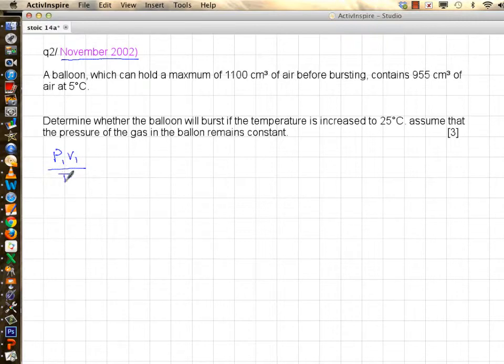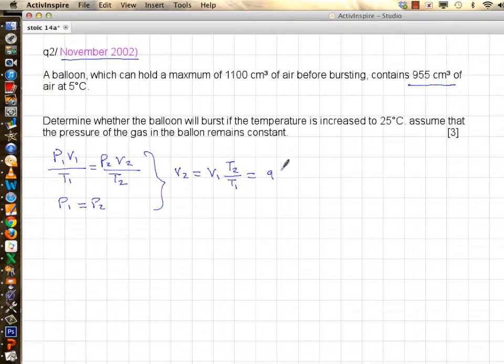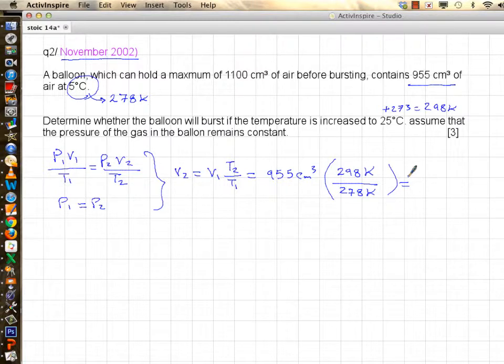P1V1 over T1 equals P2V2 over T2. Pressures are the same, so they cancel each other out. And since we are solving for volume, V2 is nothing but V1 times T2 over T1. Then again, if you don't convert it to Kelvin, you will get the wrong answer. So the first volume is already what I have in the balloon, which is 955 centimeter cube, multiplied by temperature 2 plus 273, so this is 298 Kelvin. Temperature 1 was 5 degrees Celsius, which is 278 Kelvin. So 298 K divided by 278 K, and if you calculate, you will come to the answer of